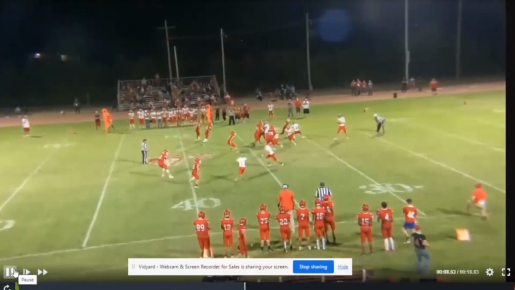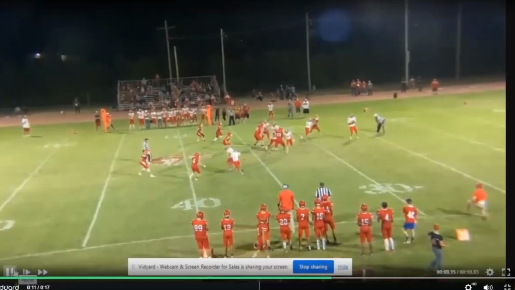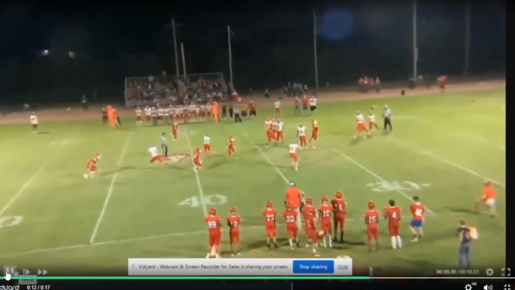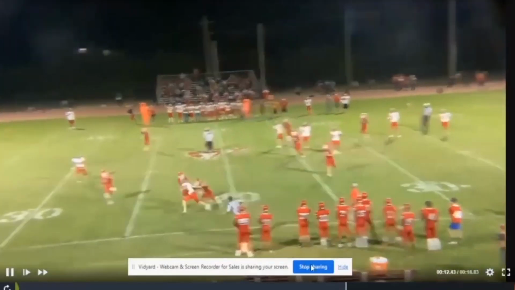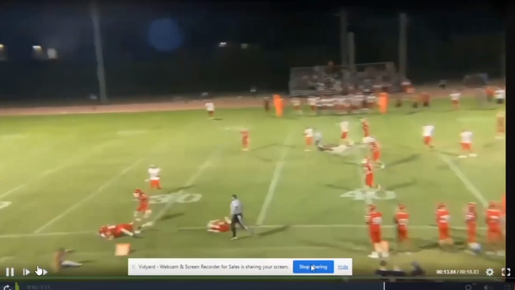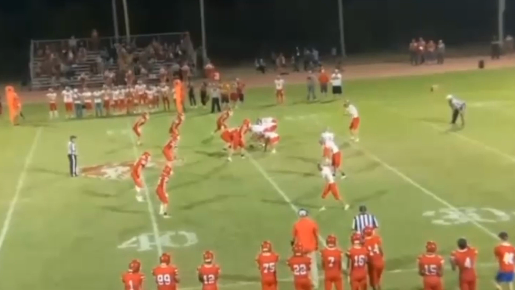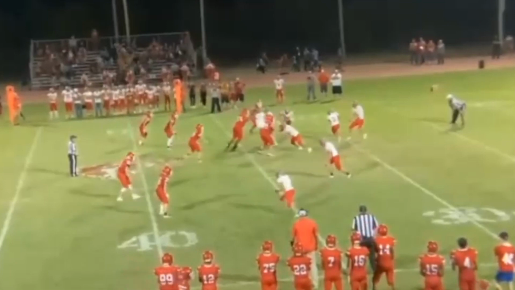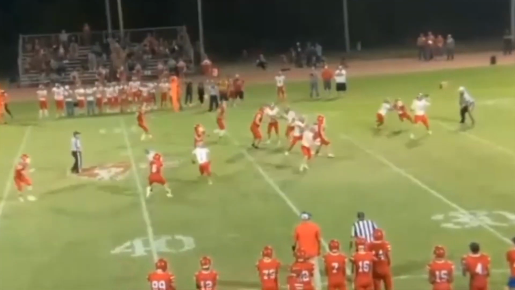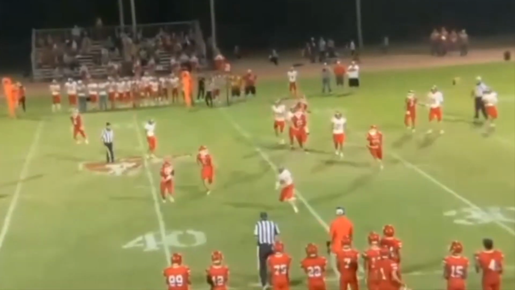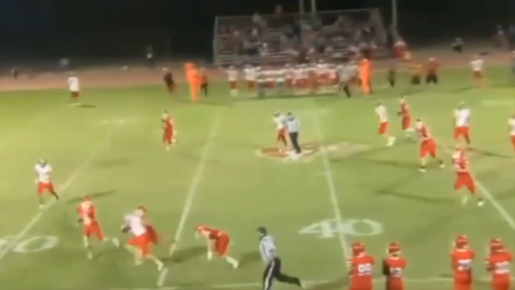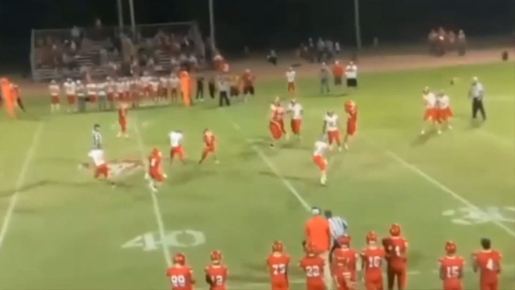We even show the pull, but the pull guy just runs right by, and he goes out to the flat and catches it easy, which actually turned out to be about a 15-yard gain. That was a very big play for us in that game because we were able to run tanker from time to time very effectively. It actually led to a nice gain off of that play action pass.